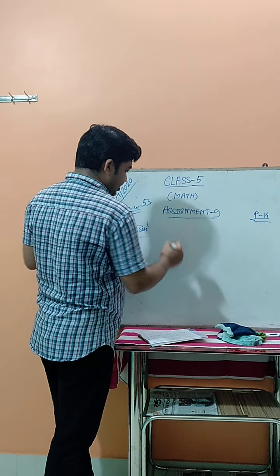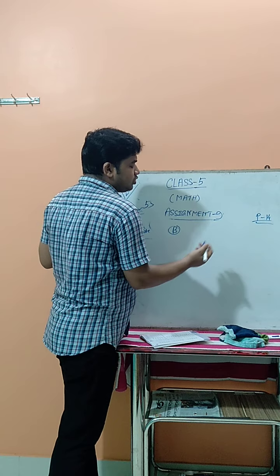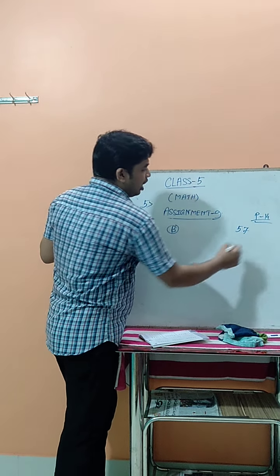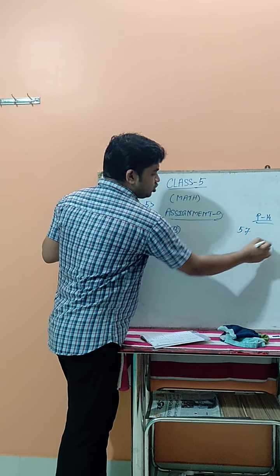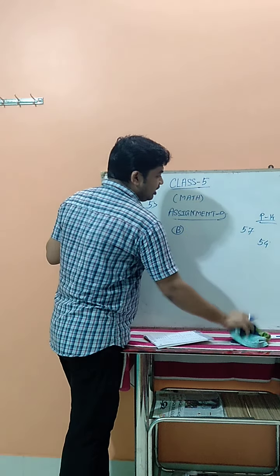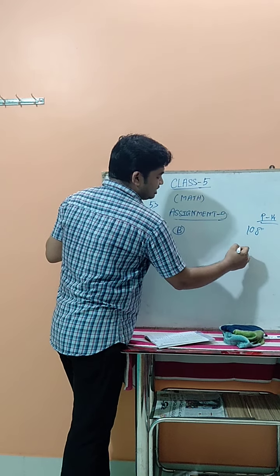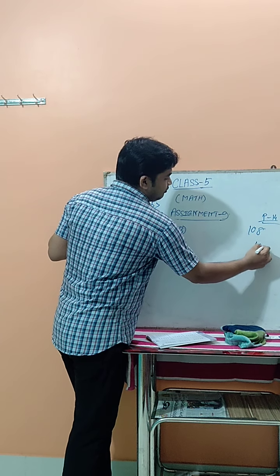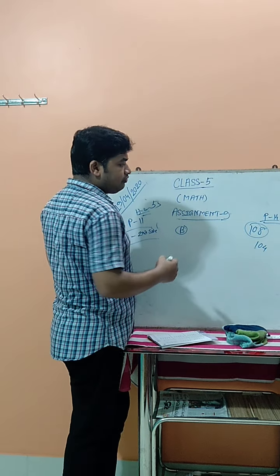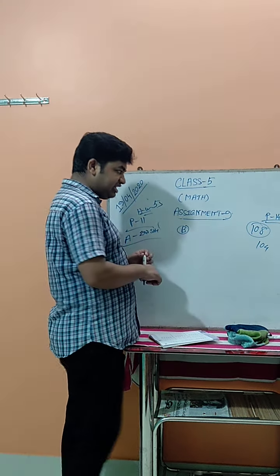Number B is nearest 100, the same way. If it comes to the nearest 100, like one is given 57 and one is given 54. So which one do you have to take? The nearest 100 you have to give. Either it will come 108 and one is given 104. So which one you have to take? 108. That means you have to go for the next 100. Always you have to get 0.